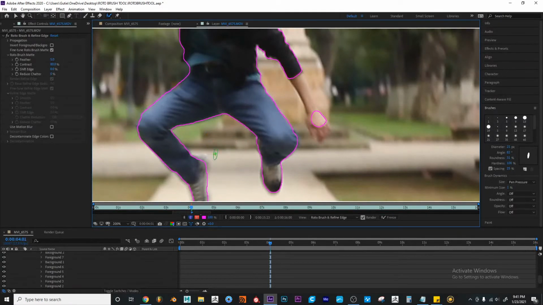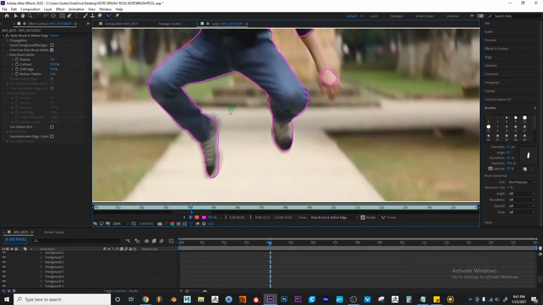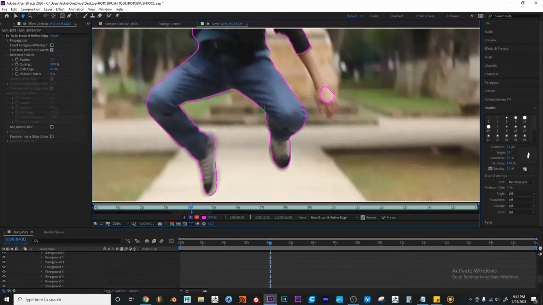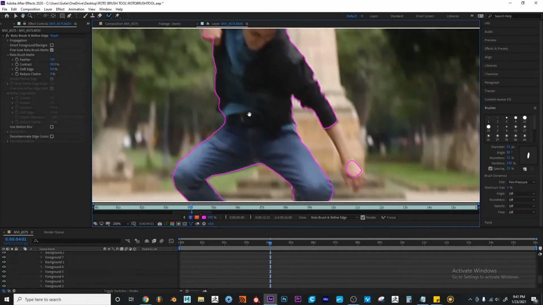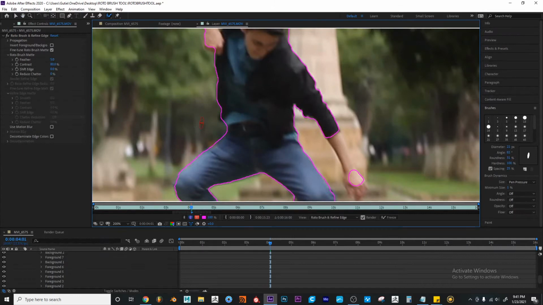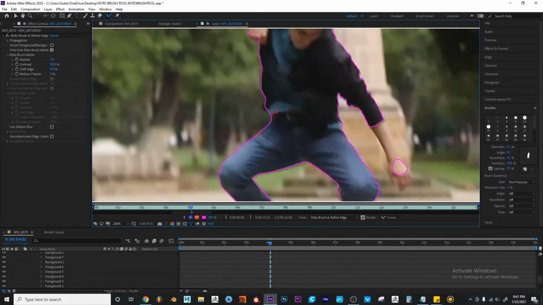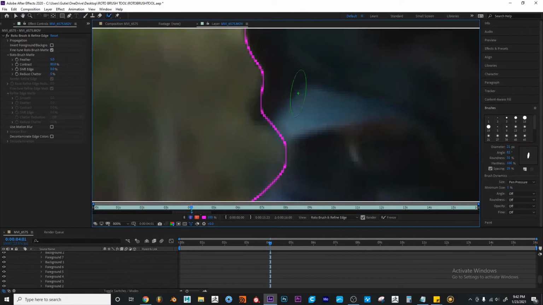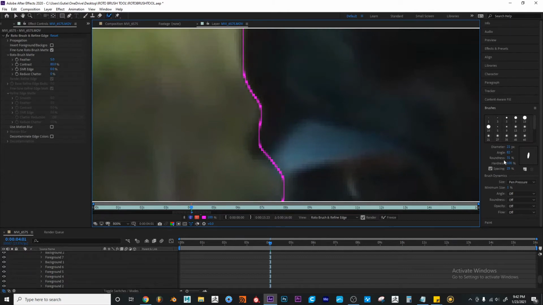So I'm going to try to remove them, and you can see that After Effects has a great interface, or a great process, that it will try to do its best to think or know what you're trying to isolate. In this case, these pixels are still kind of blurred, so